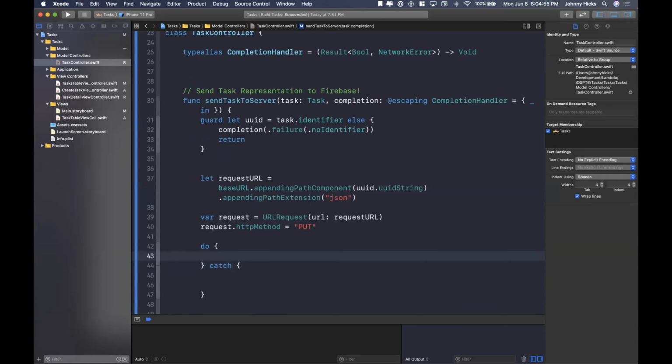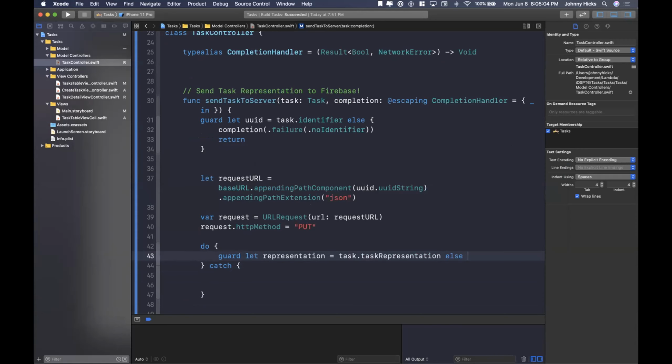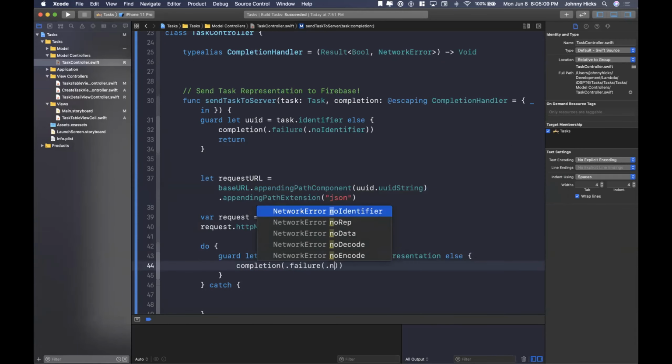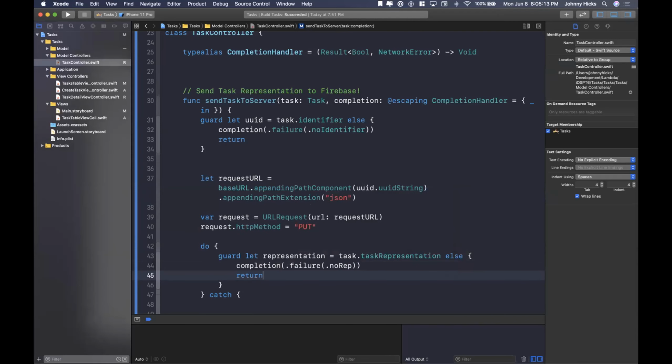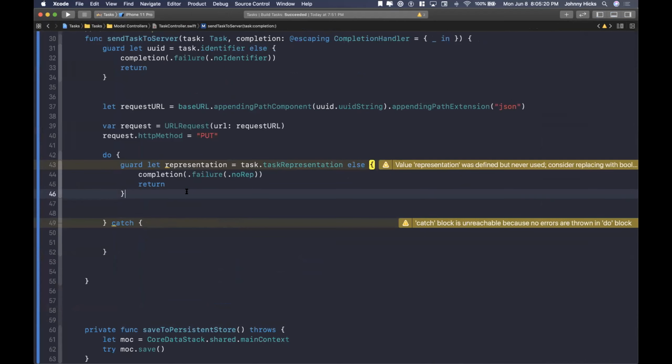Okay, so inside of this do here, let's go ahead and say guard let representation equal task.taskRepresentation. Otherwise, we'll call our completion with a failure and say no rep. Okay, and then we'll return. So if we do have a task representation, let me clear these things out so it's a little bit cleaner here. So if we do have a task representation, then we can go ahead and say